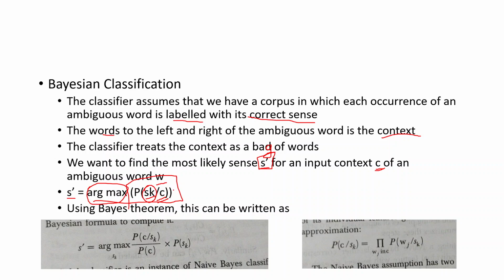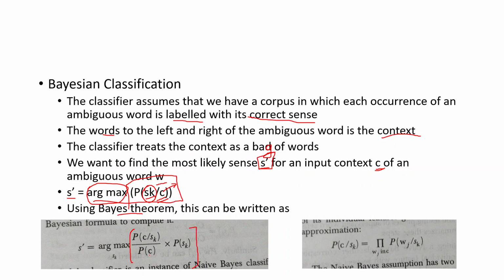You can have any combination of sentences, and for a particular context or sentence, it is difficult to compute this probability. So we apply Bayes theorem. I think we have already seen Bayes theorem in the context of POS tagging. So you can write probability of Sk given C as probability of C given Sk by probability of C, into probability of Sk. We split this probability like this because, in order to calculate the probabilities from the corpus, it is easier if you write it like this, since conditional probabilities are difficult to calculate.